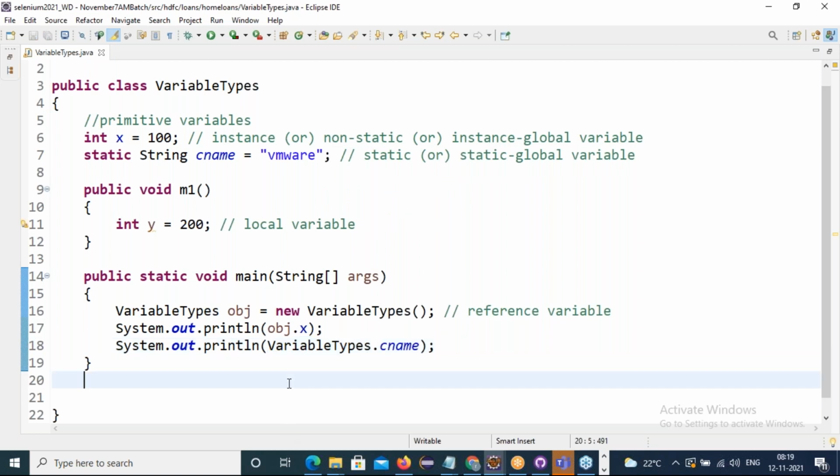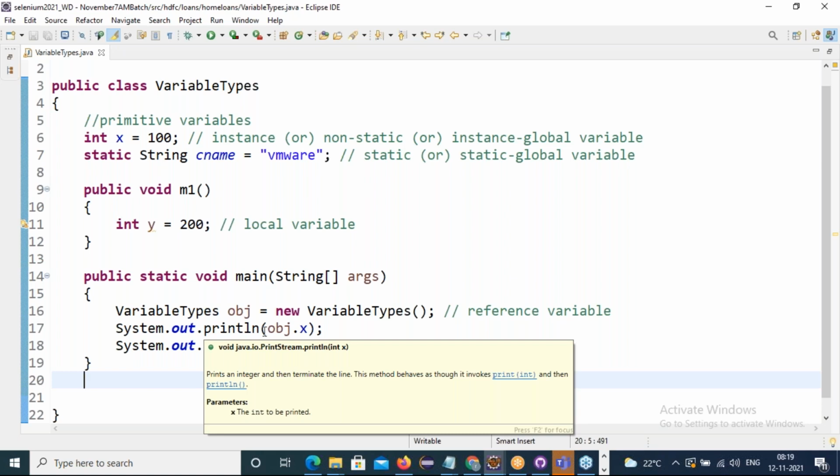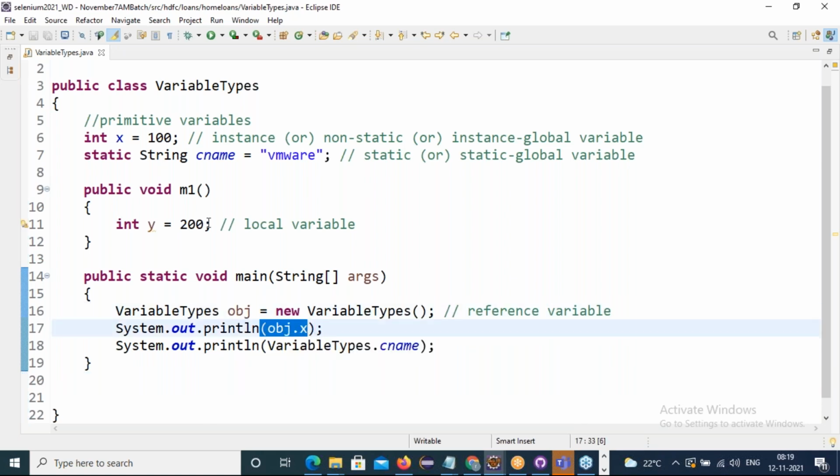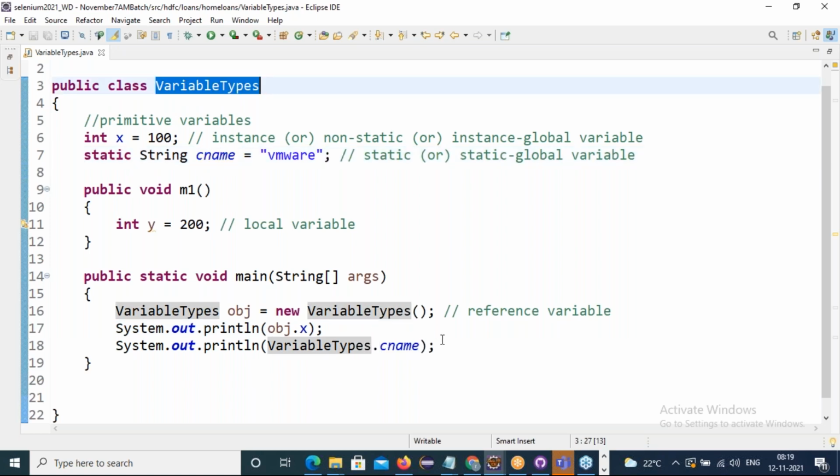Understanding or not? So instance variables must be called with the class reference variable only, whereas static variables we can call either directly as CNAME or with the class name dot.